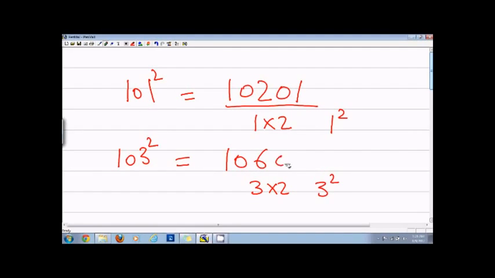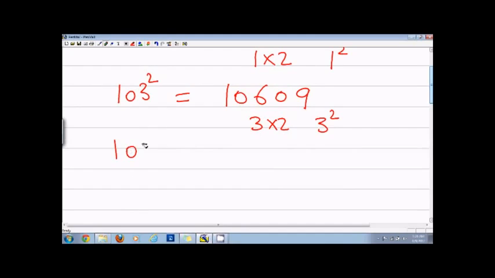Similarly, if I have 105, then what I'll do is 1, so 5 into 2 is 10 and 5 squared is 25. The answer is this. Now if I have a number less than 100, for example 98, then